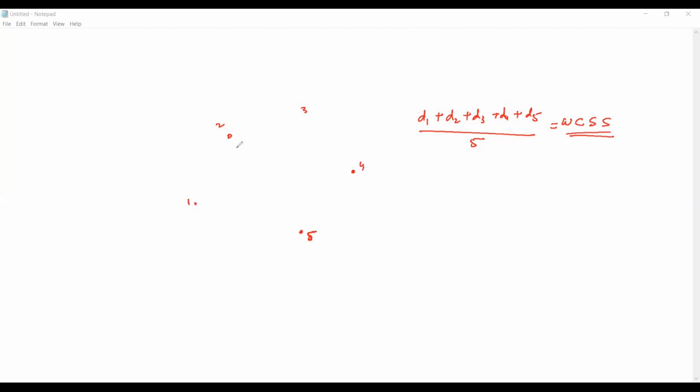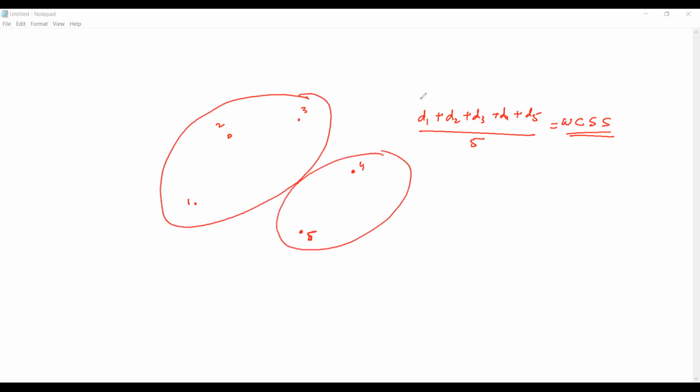So suppose these 3 points fall into one cluster and these 2 points fall into other cluster. And for first cluster, this is the centroid. For second cluster, this is the centroid.